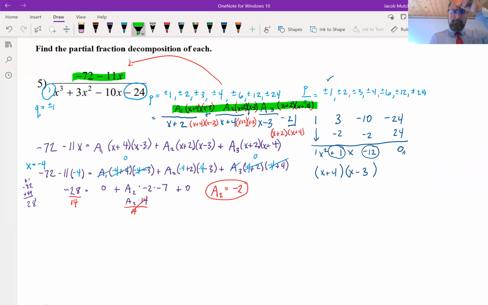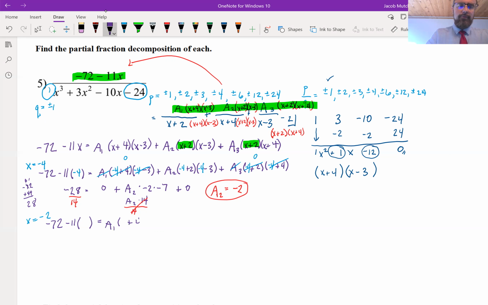We found a sub 2, so it looks like if I were to choose something that would cancel out this binomial x plus 2 in the second and third, then I could capture a sub 1. So my second value I'm going to choose for x is negative 2. So again, I'm going to set it up: negative 72 minus 11, put a negative 2 there in a moment. So a sub 1